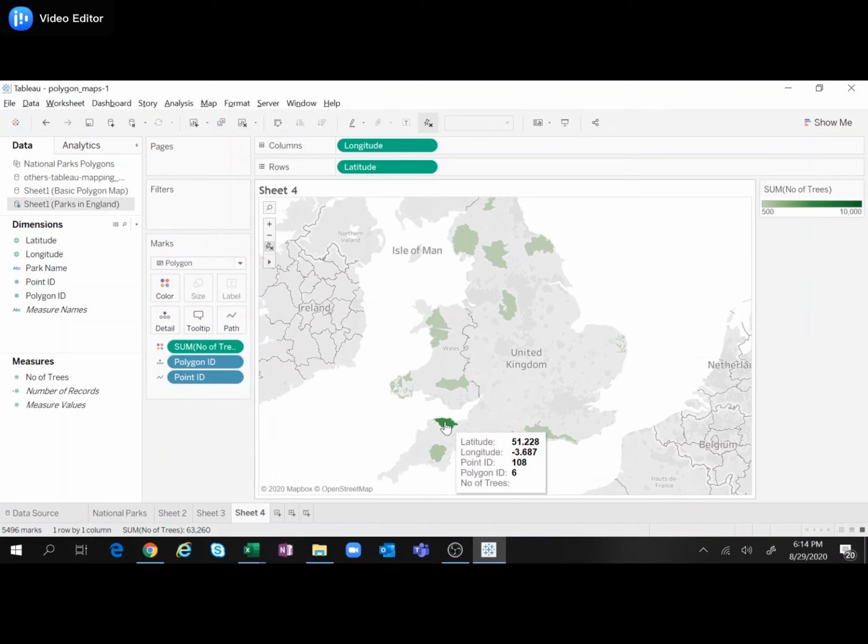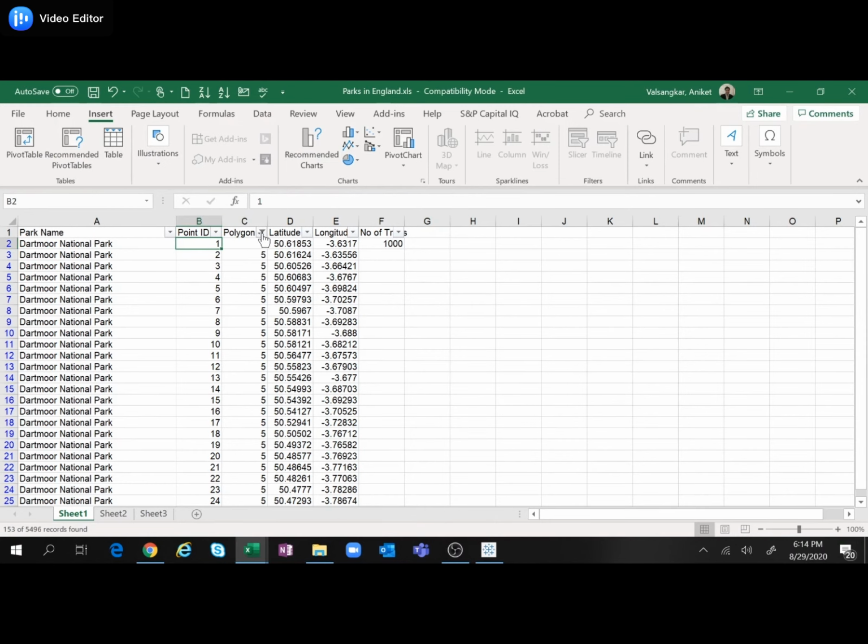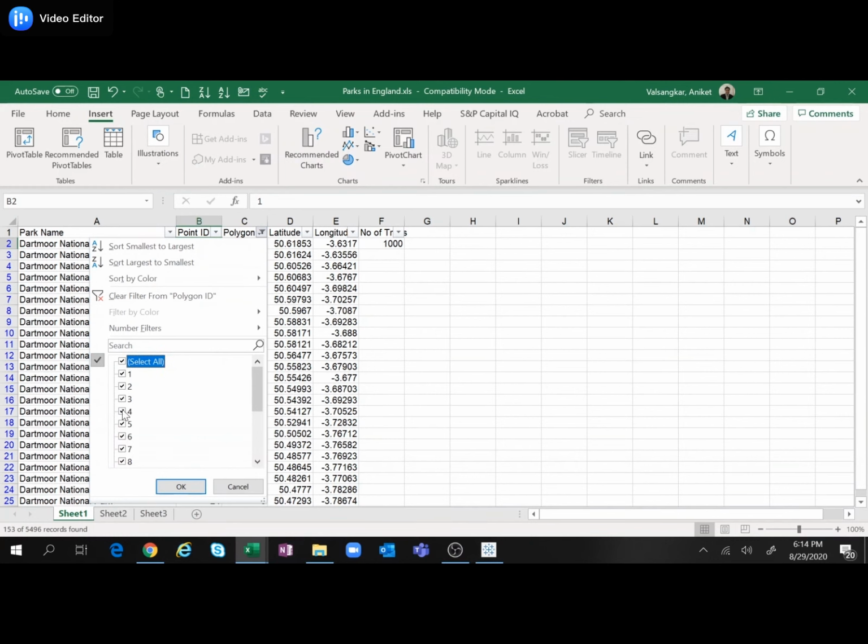Let's say for polygon ID 6, let us check whether it's showing correctly. I'll just select polygon ID 6 here.